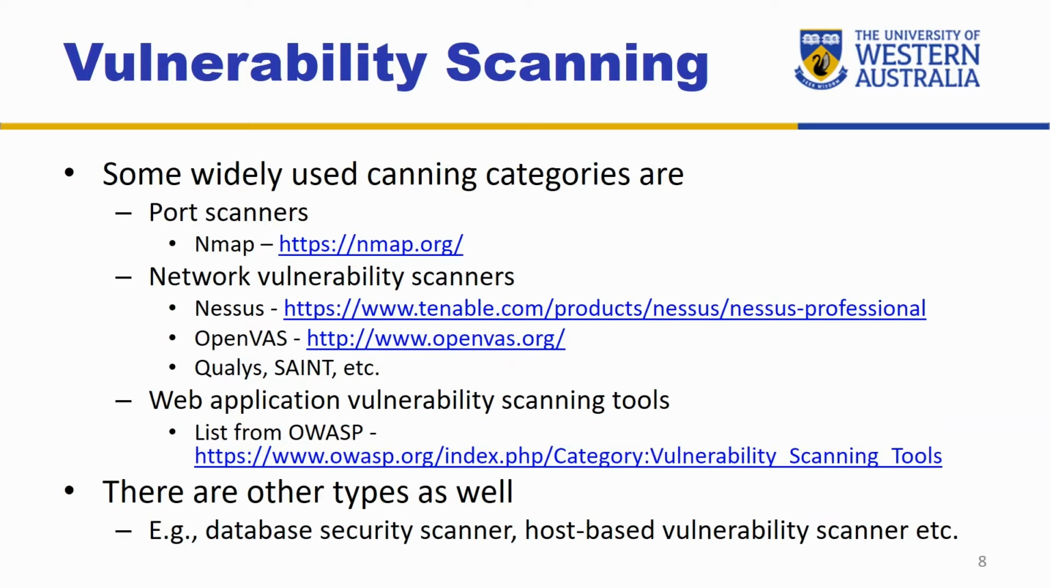Okay, so let's have a look at more on the vulnerability scanning. There are some widely used scanning categories, including port scanners, network vulnerability scanners, and web application vulnerability scanners. The port scanners are just trying to probe different ports to see if any of them are open, which should be closed. For example, a tool is Nmap, and Nmap actually can be used as part of